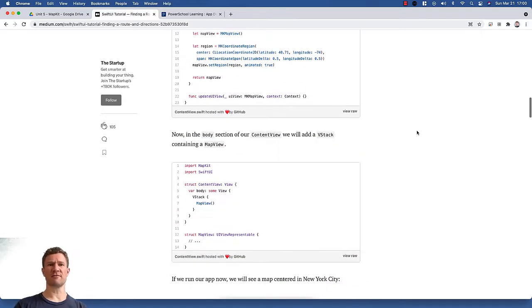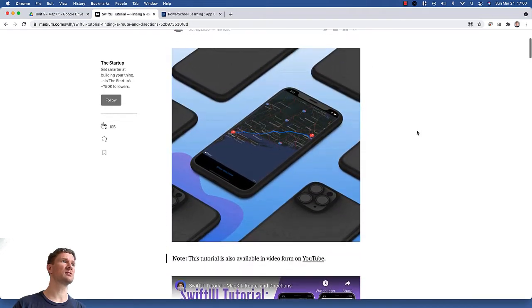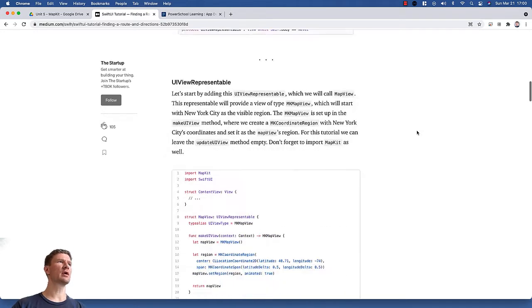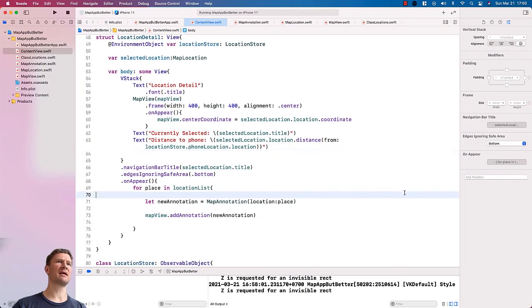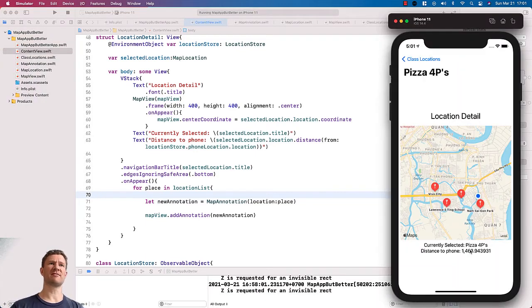But you don't have to start from scratch. I'm going to show you how you can take some of the code presented here in this Medium post and apply it to our app. The starting point for this is what we had in the previous video, which was we have the distance to the phone being